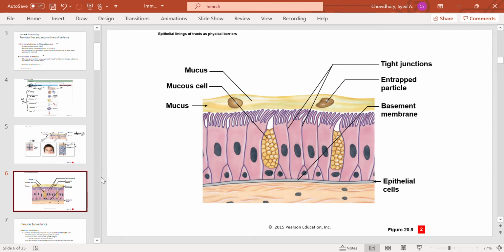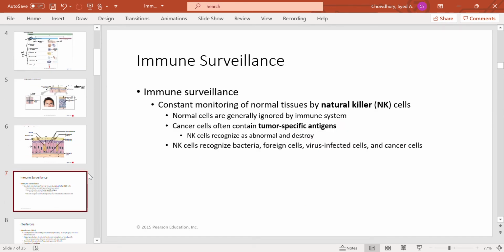Okay. So this is the respiratory tract, and you see the inner lining. This is the inner lining and secretion of mucus. So the antigen will not be able to pass through the inner lining of your respiratory tract and gastrointestinal tract. Okay. Now, if somehow the antigen breaks the skin or the mucous membrane, that means somehow can pass through the first line of defense, then in your tissue